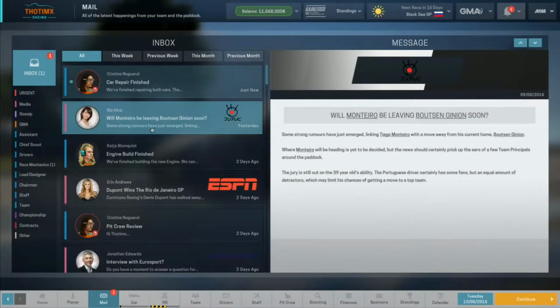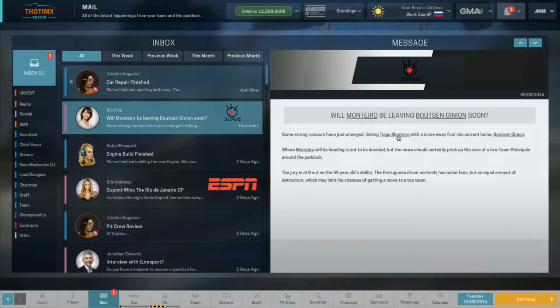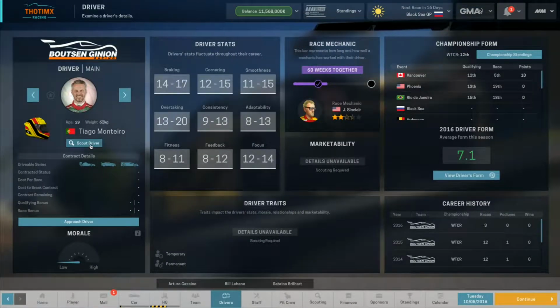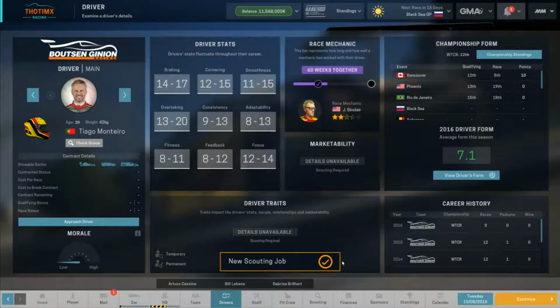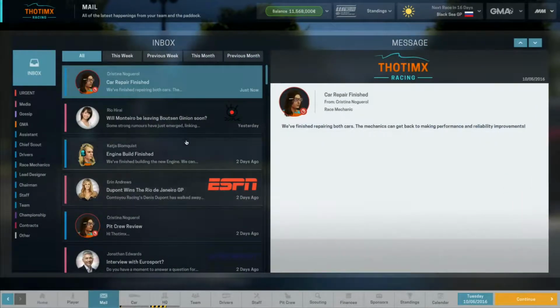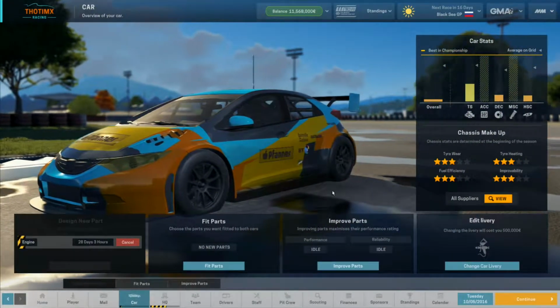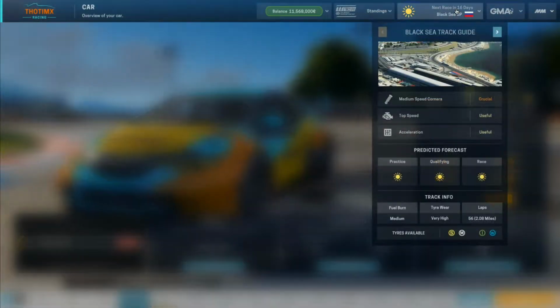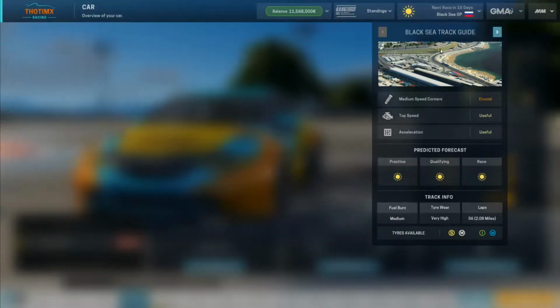There's our car repair. And Tiago Montero, the driver, thinking about leaving. So why don't we add him to the scout? Car repair finished. Okay. So let's take a look at the Black Sea, which is going to be suspension first,